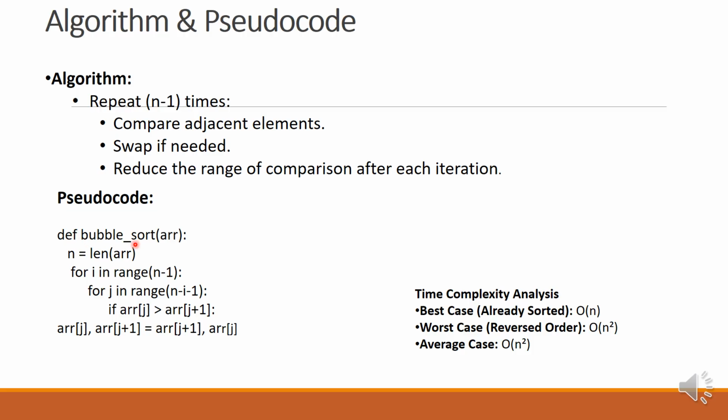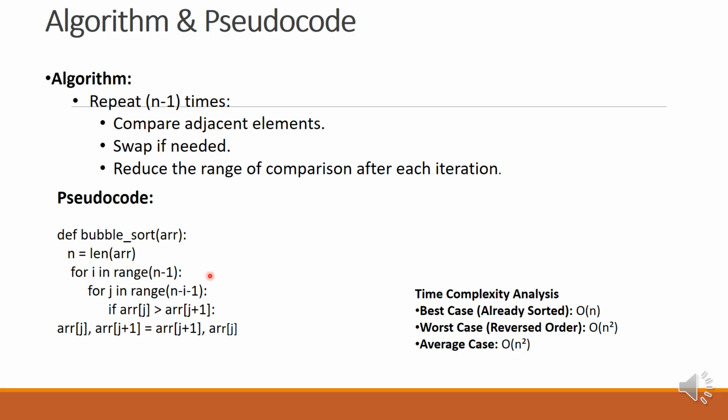def bubble sort arr, we are passing one array, and we are going to find out the length of the array for iterating. So len(arr) returns the length of the array. Now for i in range, how many times does that loop get repeated, how many elements do you need to swap initially? Let us assume there are 5. You need to do the iterations 4, n minus 1, 5 minus 1, it is 4 actually. Now the range function will start from 0 to n minus 1,